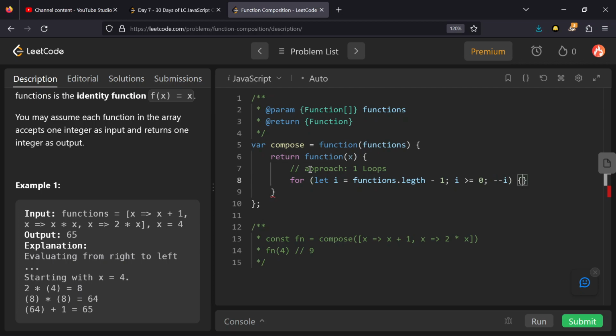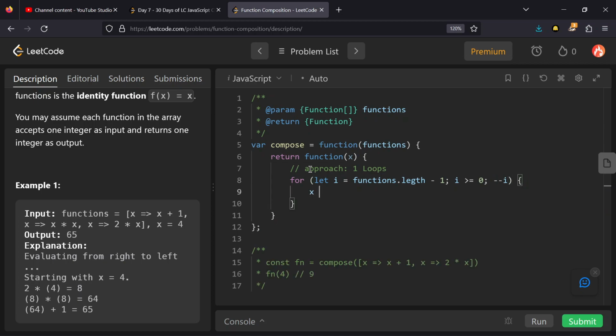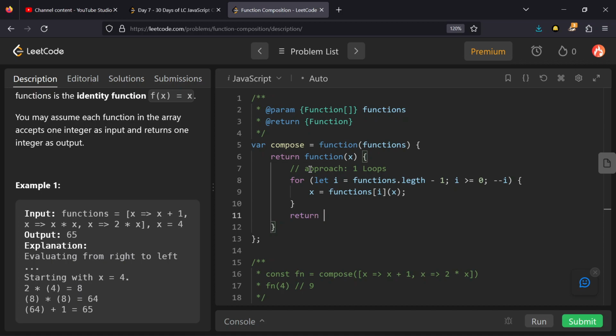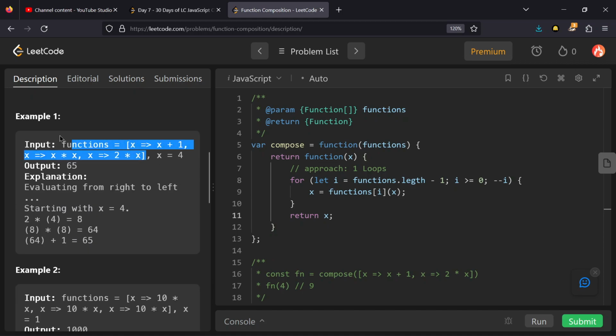And inside this loop, just x equals functions ith element and calling it passing the value x. So yeah, just one line, and we return x. So just iterating from end to beginning and returning the final value of x in this case.